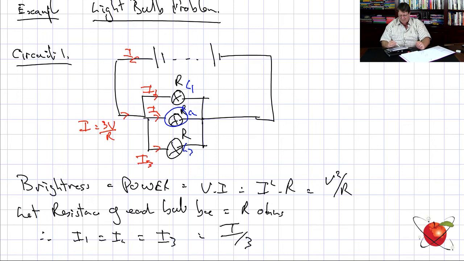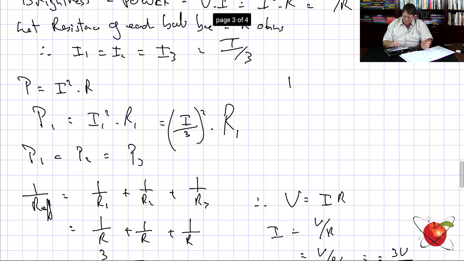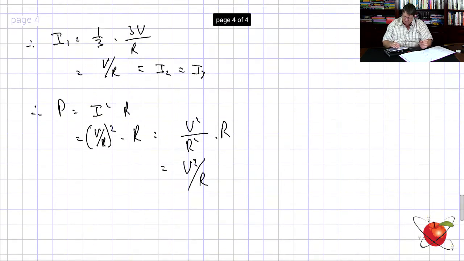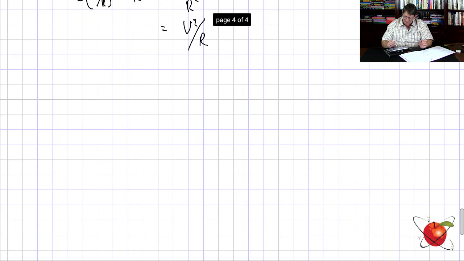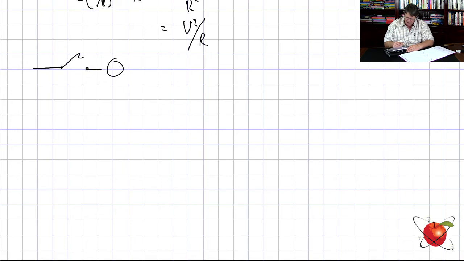Now that one blows. What happens now? Well, you just go back to your circuit. Please bear in mind, it doesn't necessarily pop. Maybe there's a switch. So what they could also say is that you open the switch just before lamp 2. What happens? If the switch is open or the lamp blows, you've got no